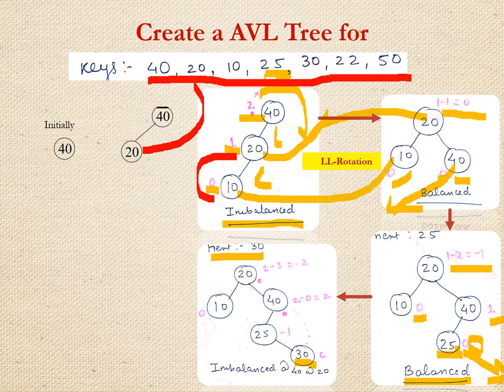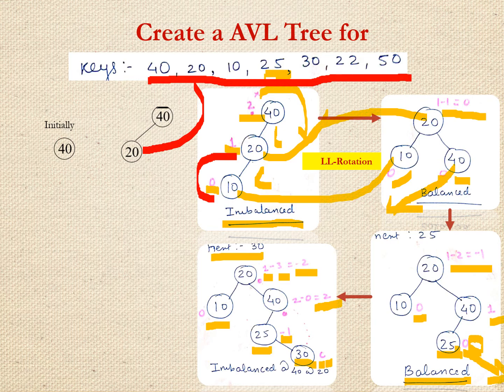Here the leaf node is 0. Then again the leaf node, this is 0. Now for node 25, it is 0 minus 1, so minus 1. For this node, you can verify, it is left and then right. The left height for this one is 2 minus the right side, where the child is missing, so 0, so 2. That means it is an imbalance. Again for this node, the left child is 1 and the right child is 3, so it is minus 2.